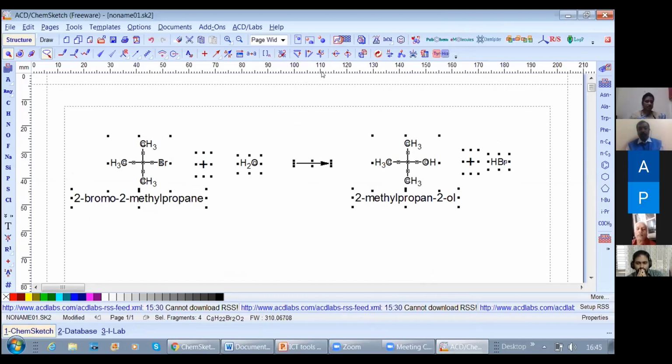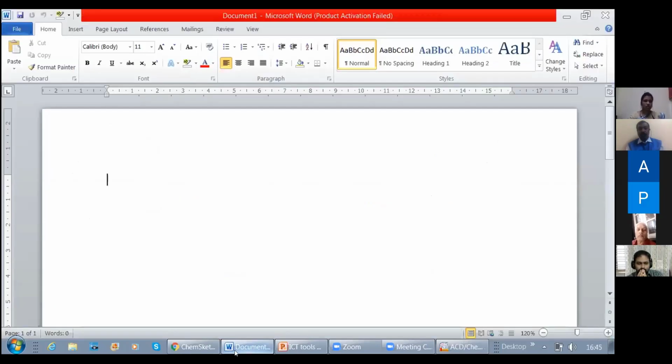Control C is for copy. Go to Word document, Control V. It will paste.